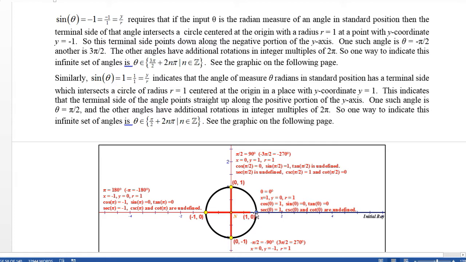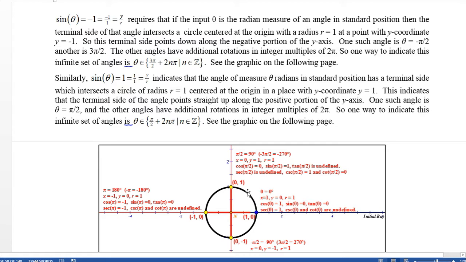We know one way to get there is to rotate negative pi over 2. Or we could rotate by 3 pi over 2 if we go this way. So I'm going to use 3 pi over 2. I can use any one. There are actually infinitely many angles, though, that end up there. Not just negative pi over 2 and not 3 pi over 2, but, for example, instead of 3 pi over 2, I could rotate all the way around